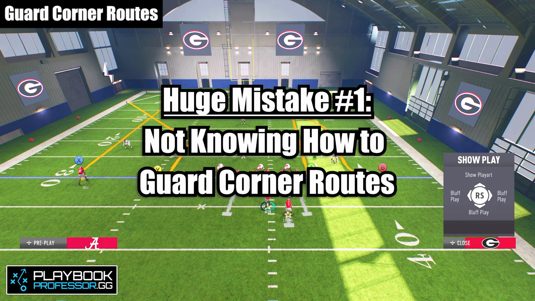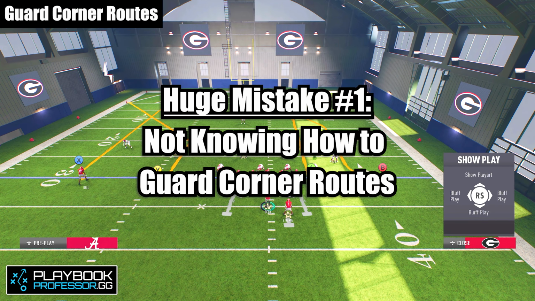The other thing you may be saying is, oh, I'll just user the corner route. I'll just user this linebacker, and if it's a corner route, I'll just run with him. Well, if you imagine running all the way out here to the sideline with your user, look at how much space it leaves in the middle of the field. You're taking your user, the most powerful player on defense, and taking him away from the middle where he can cover the most routes. And so we don't want to just run with our user all the way up to the corner route. And so instead, I have 3 other methods that you guys can use to completely shut down